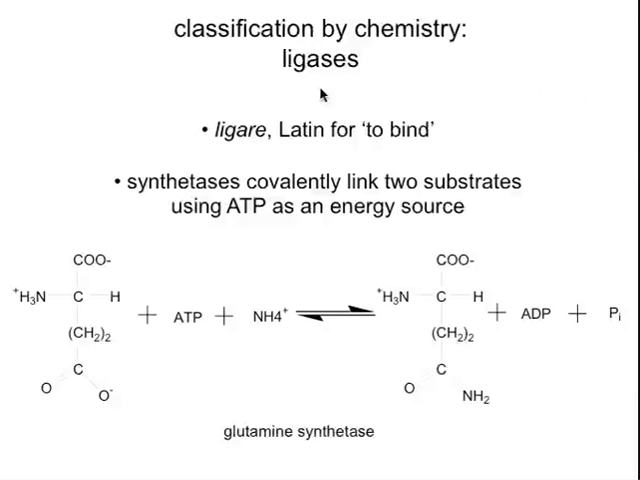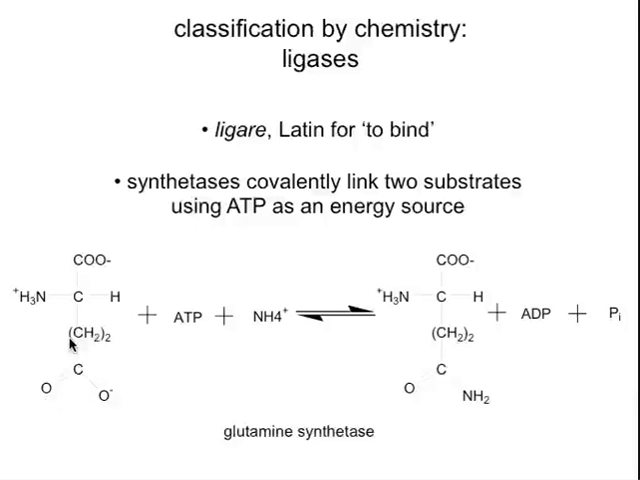So here's another little etymology, from ligare, the Latin for bind. Synthetases are a group of these ligases, and they covalently link substrates using ATP, again, as an energy source. This is glutamate ammonia ligase, also known as glutamine synthetase. And you see here that we've got a couple of players going on here. Not only do we have,